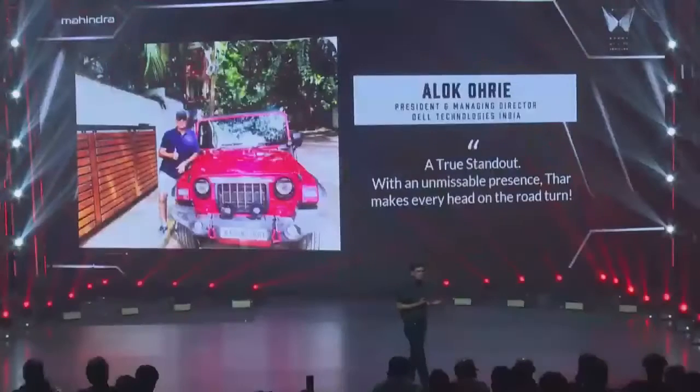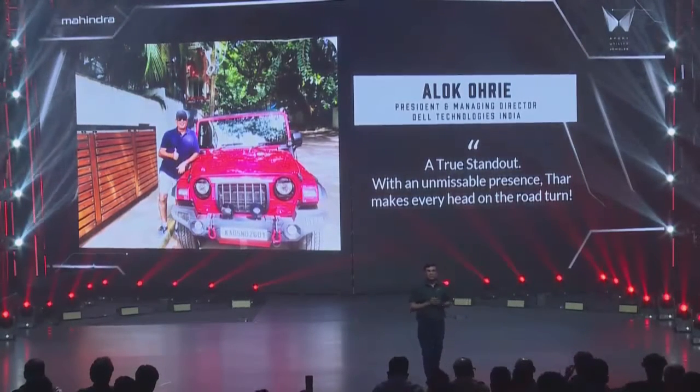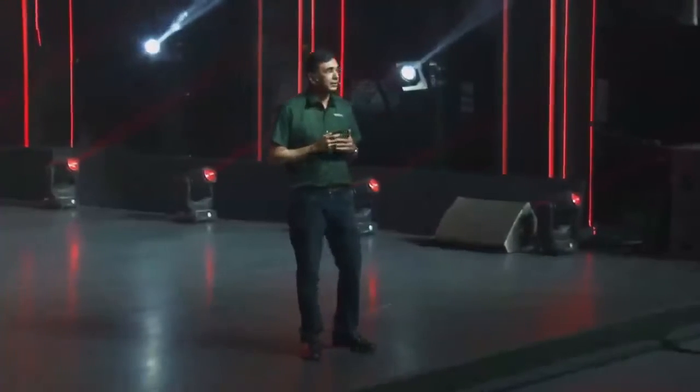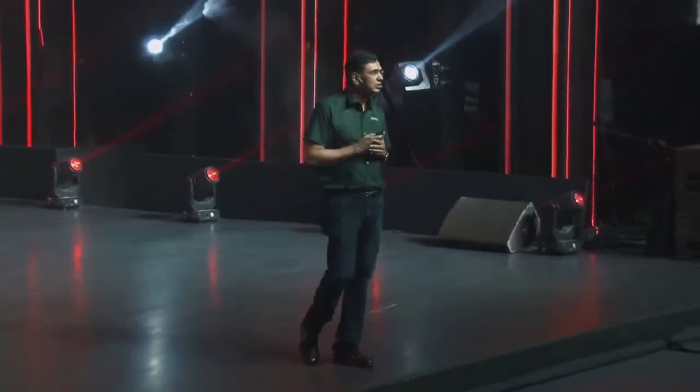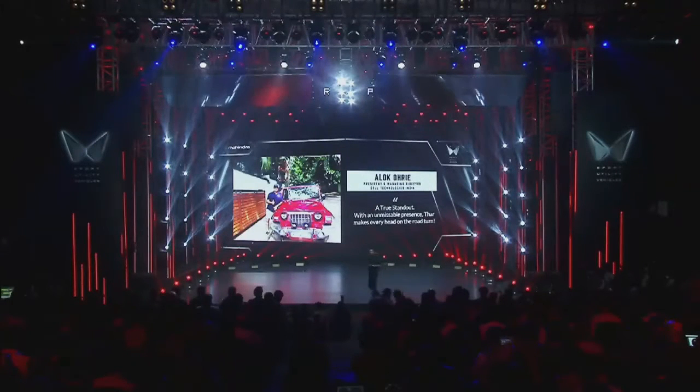And the last story is about Alok. And Alok lives in Bangalore. And while he is a very accomplished leader himself, his wife, who also drives the Thar, is also the managing director of a fintech company. And they've got into off-roading every weekend. So every weekend he gets onto National Highway 44 from Bangalore to Hyderabad, and they do about 300 kilometers of